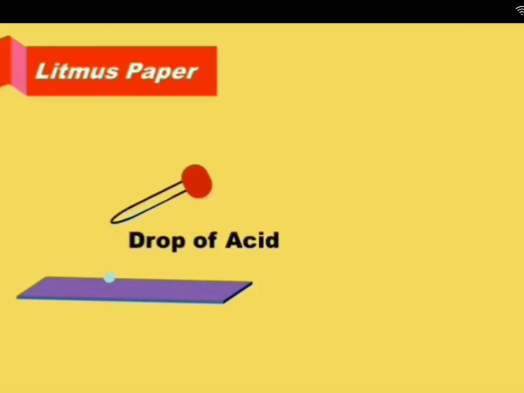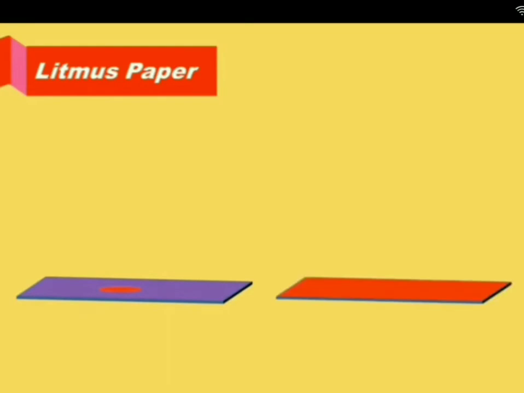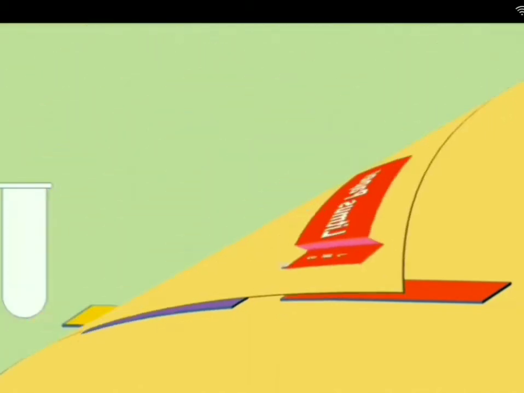First we are taking a blue litmus paper. For that you have to add some acid. What happens if you add acid? The blue litmus turns red. You can also dip this litmus paper in the acid. It will show the red color. And you have to take the red litmus paper and put a drop of base. The red color changes to blue. If you add blue litmus to base, the litmus paper color remains the same as it is.